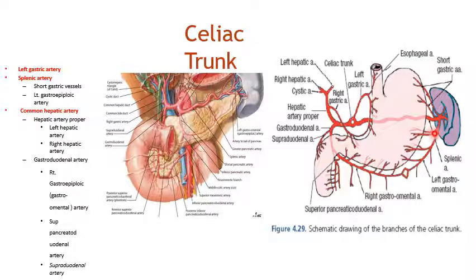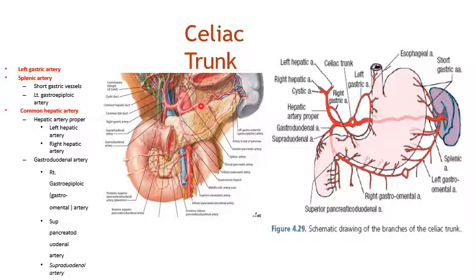Then it gives various branches to the pancreas. Here lies the pancreas in the curvature of the duodenum. So it is giving many branches to the pancreas. And what are these? One of the branches is large enough and it is known as the arteria pancreatica magna or the greater pancreatic artery. Here you can see in this diagram, this figure, greater pancreatic artery to the pancreas.